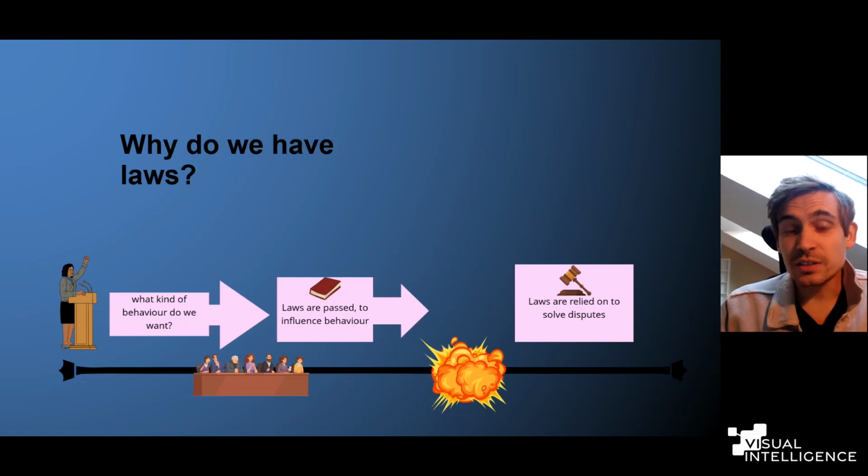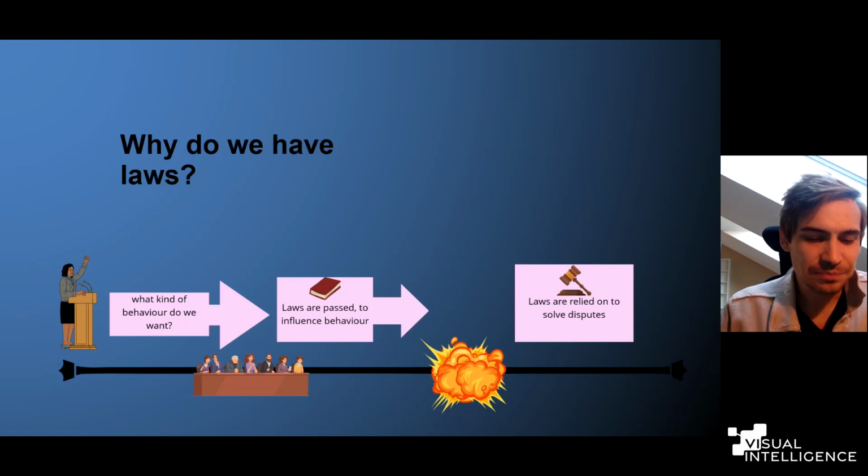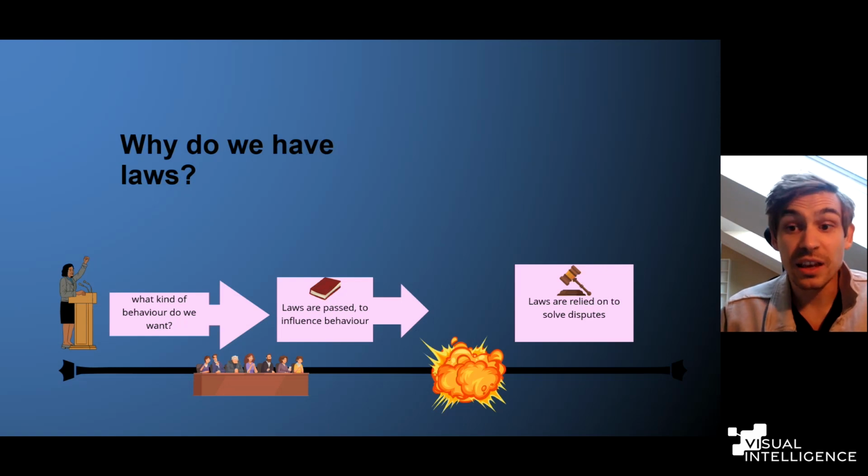However, sometimes things do not go as expected, which is why we see this explosion happening on this timeline. Something goes wrong or people disagree, and we use laws to solve disputes. So these are, in this context, the two most important ways that laws are used: to influence behavior and to solve disputes. However, influencing behavior is perhaps more easily achieved when we make laws for humans, because we have some ideas of what influences human behavior. So these laws are directed towards individuals, companies, public agencies, AI developers, AI users, of course, but they are